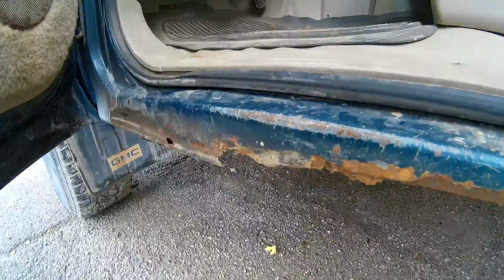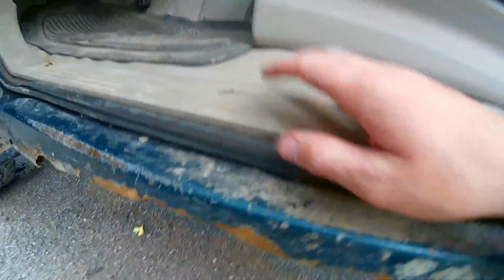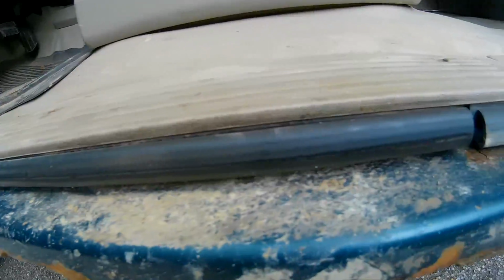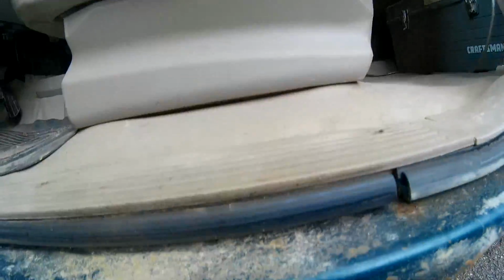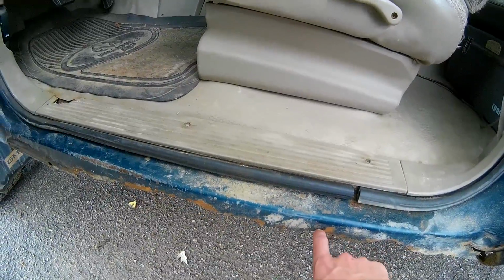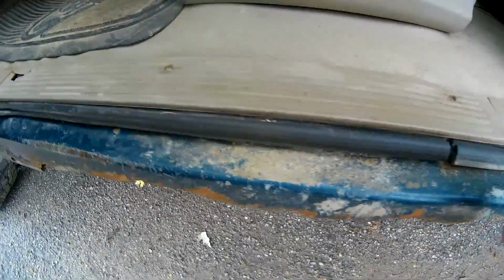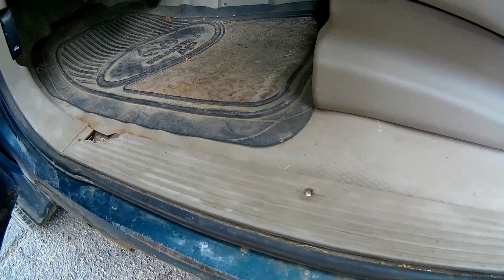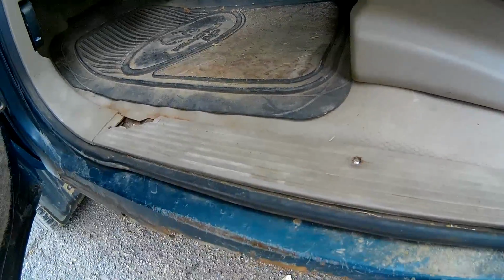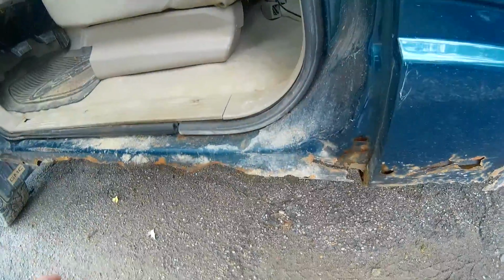So basically, I'll just go over the steps. You just take and cut out all your rust, and then make sure you got this trim piece out, and the rubber seal just kind of pulled back, and just cut out all the rust. Only cut up to, you know, wherever it stops. You don't need to go any farther. Make sure you got something solid to glue to, and then clean it all up, and you grind it down so it's able to adhere, and then apply your Plexus and put your panel on, and